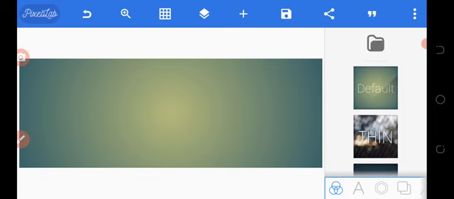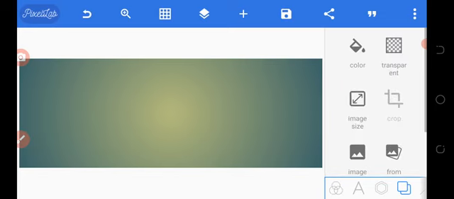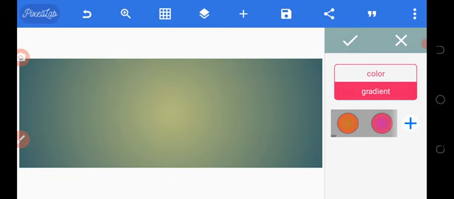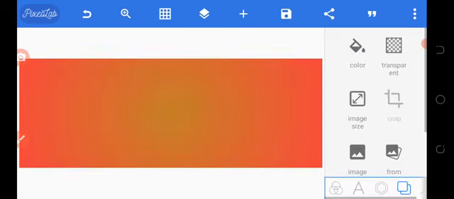So the next thing is to change the background color. Click on color. I'll be making it a gradient color, something like this. Let me see. Let me make use of this and click on this. So after that, the next thing I'll be doing now is that I'm just going to